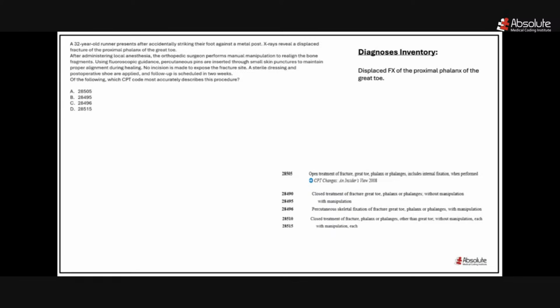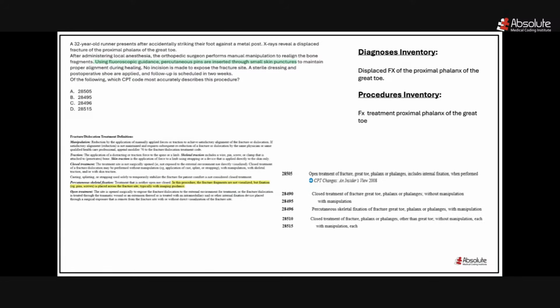Okay. So here we have a patient with a displaced fracture of the proximal phalanx of the great toe, and procedure inventory. A fracture treatment of the proximal phalanx of the great toe was performed. Okay, now the question is, what kind of fracture treatment is this? I would say this is a percutaneous skeletal fixation. Let's have a look into the definition of a percutaneous